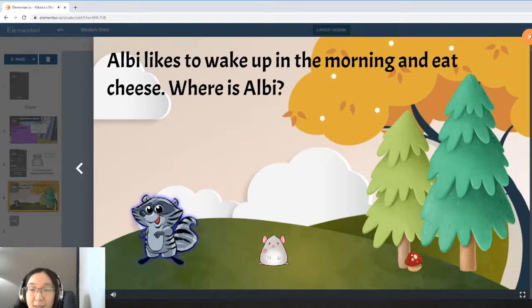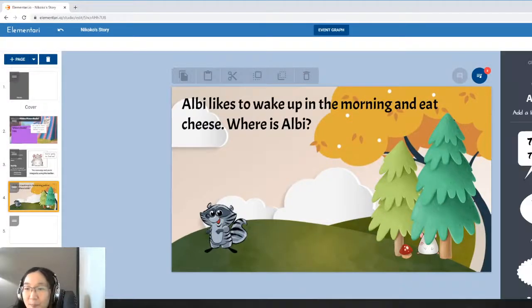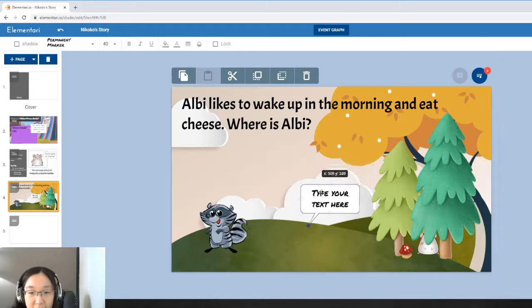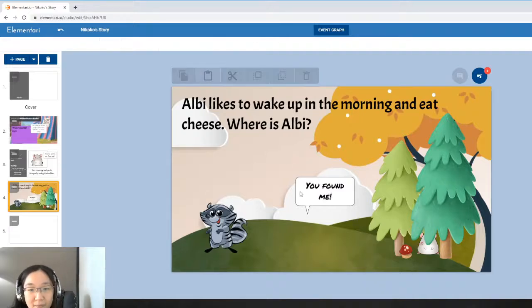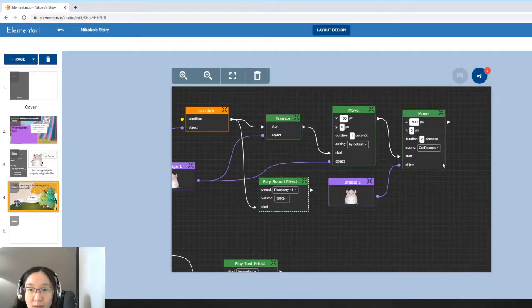Okay, great. So I think the last thing I need is maybe a speech bubble that says something like, you found me. I'm going to add a speech bubble, and I don't know. The mouse was about here when he finished. Albie was about here maybe. You found me. Let's go back, and where do I want this